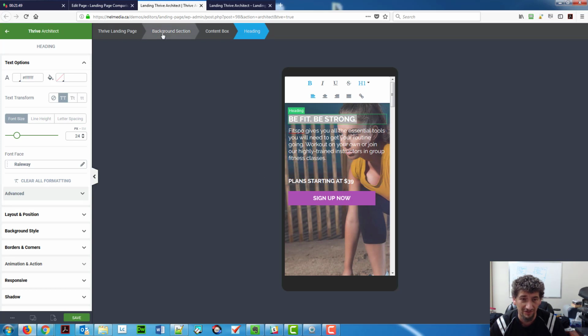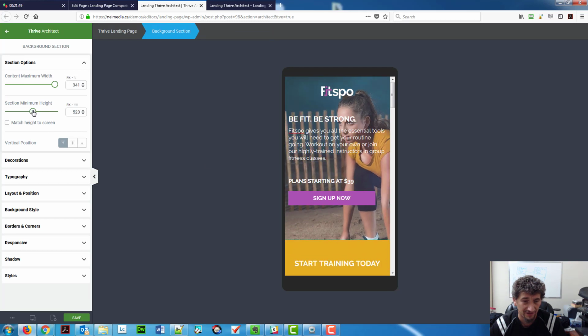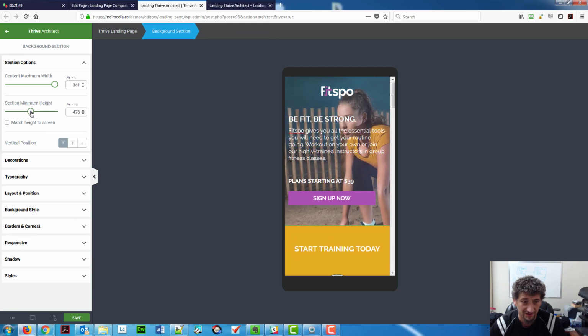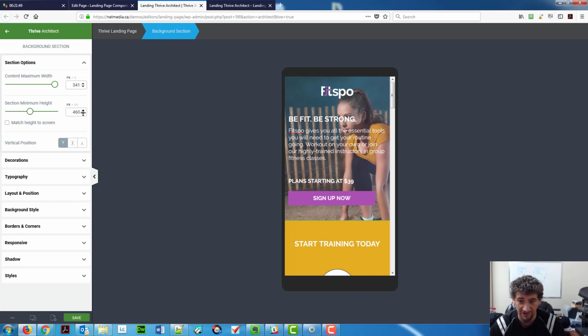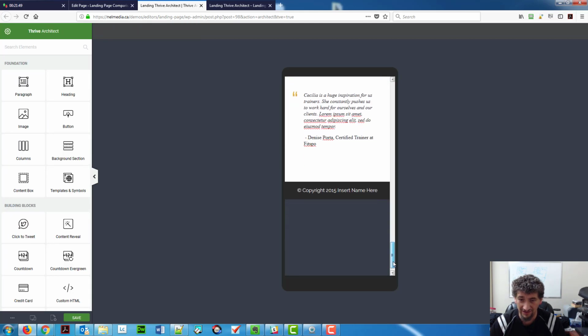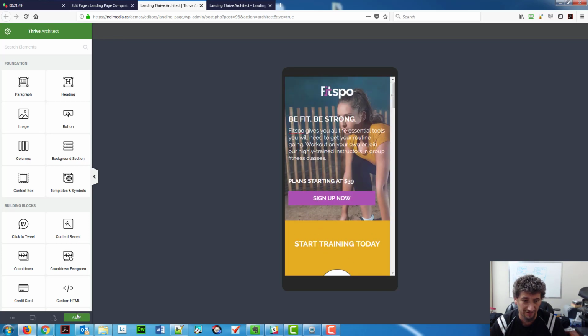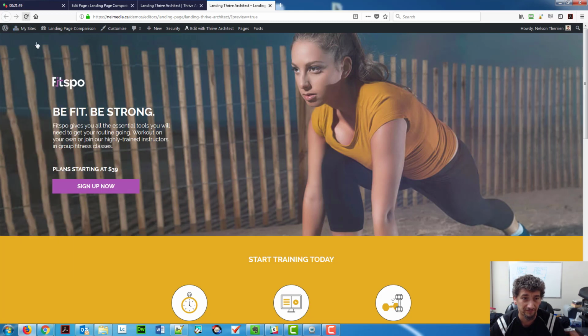And now I have an image that is way too big, by the way, so what I can do is go back to my background section and change that height here. Let's say something like 460, that would be enough. And that is really cool, really good, and easy to do with Thrive Architect. So if I save that, refresh here,